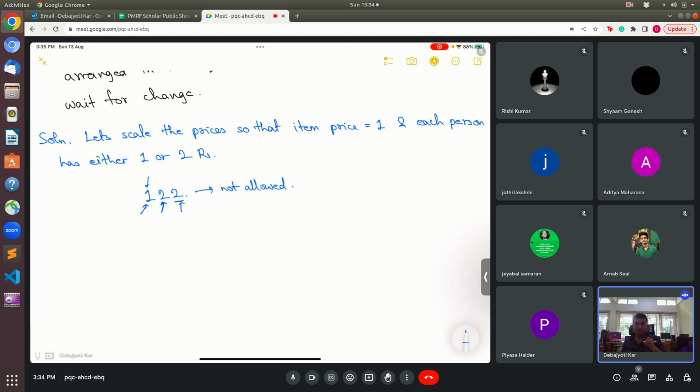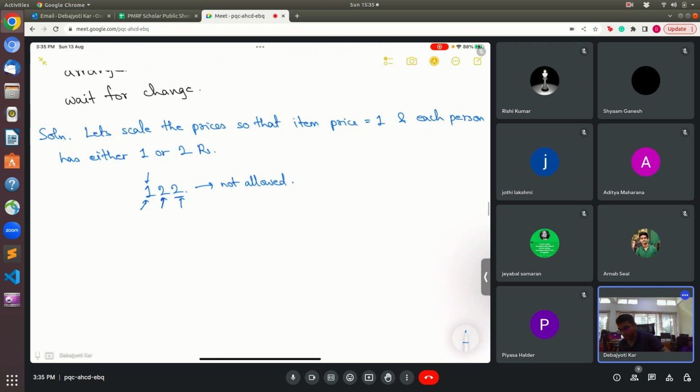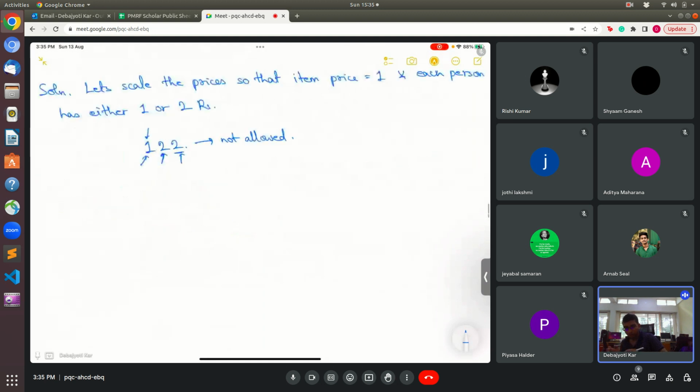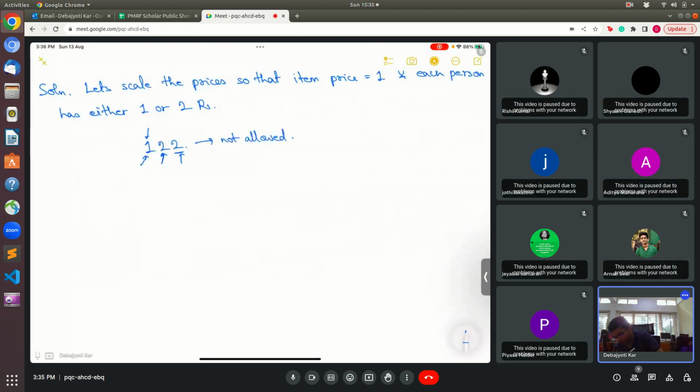So in general, when will this happen? At any point, the number of people having 1 rupee should be greater than or equal to the number of people having 2 rupees, right? So suppose at any point in that arrangement, the number of 2s is more than the number of 1s, then some person has to wait for change, right? So this condition can only be satisfied if and only if